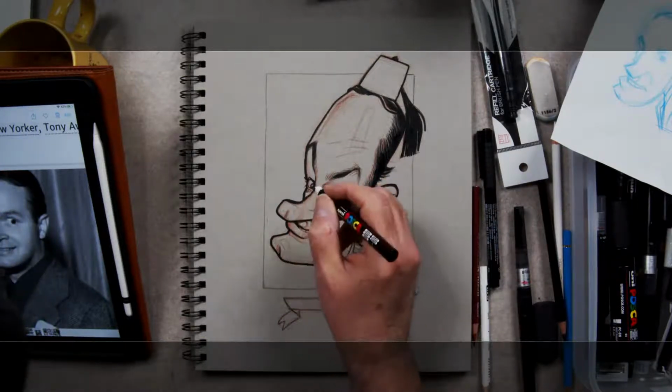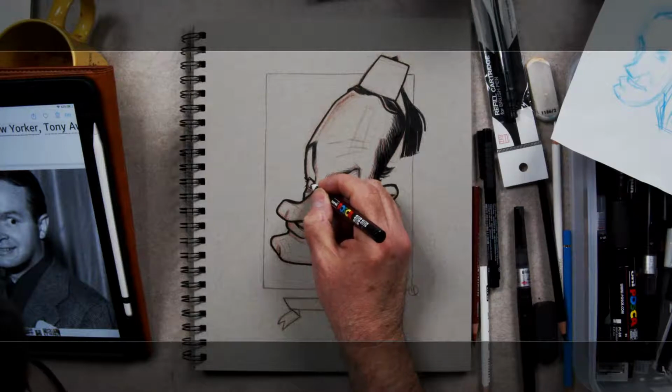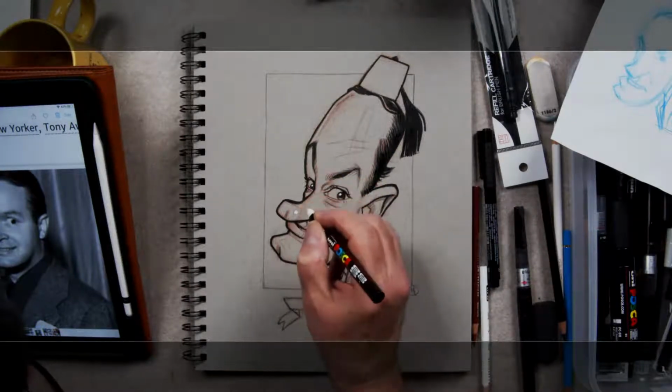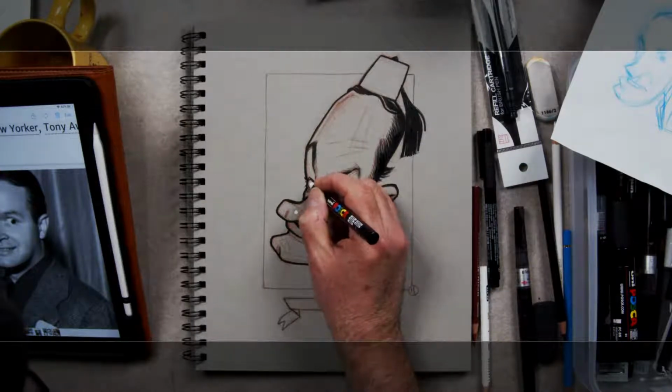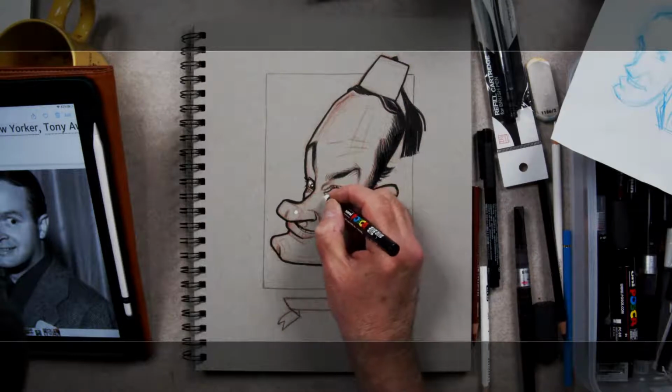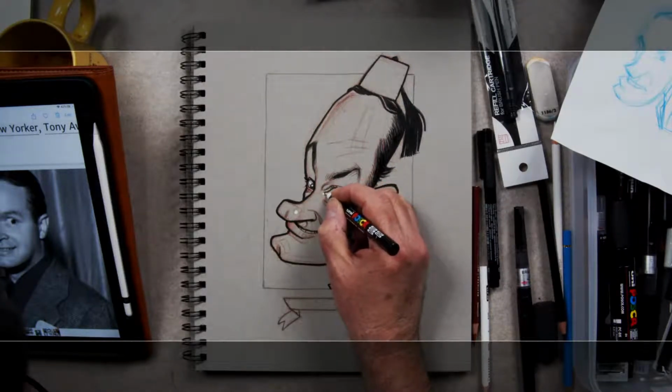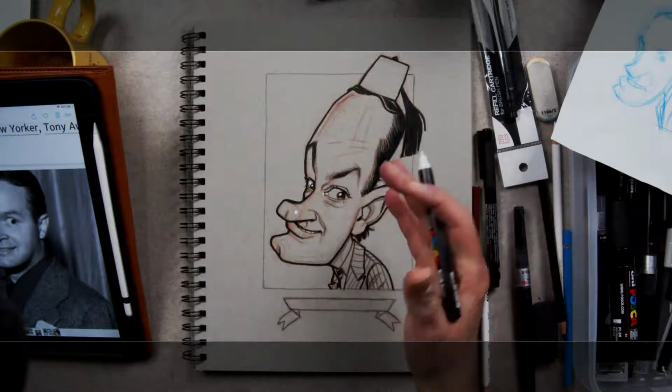What I'm trying to do is establish a hierarchy of light to dark. That's why it's handy working on grey paper, because you've got a mid-tone to work from, so you're drawing back in space and forward.